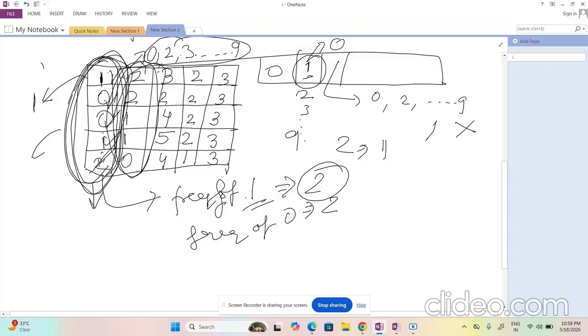But I can't put 1 here. Okay? I can't put 1 here because the previous element here is 1. I hope you are getting the gist of the problem we are trying to solve here. If I have put 2 or 0 here, I can put 2 or 0, right? I can put 0. I can put 2. Anything I can put. For example, I have chosen 2, 0 here.